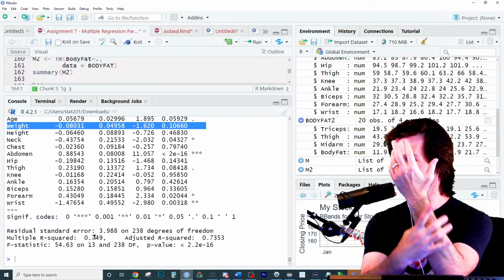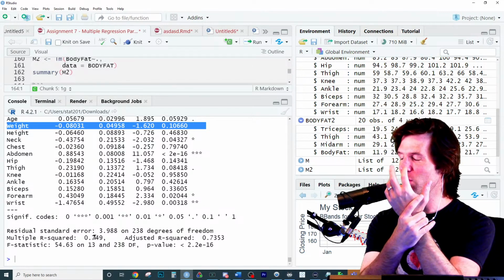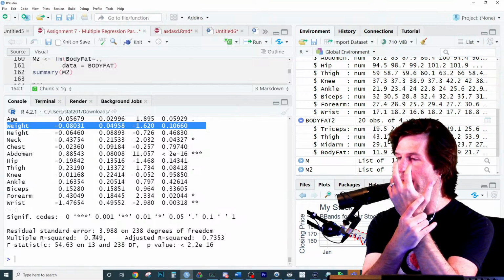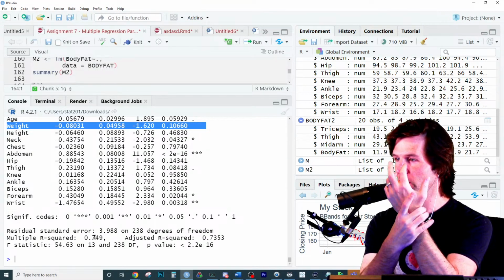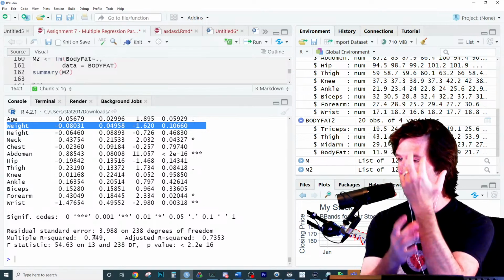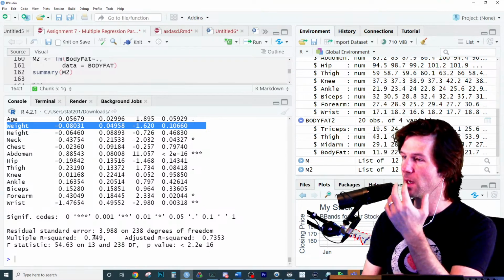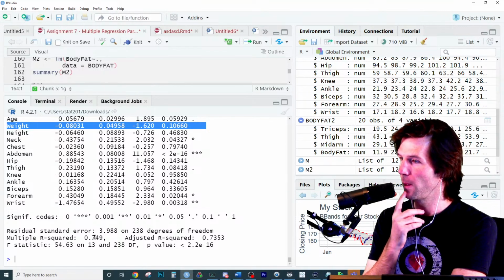Somebody's wrist and forearm, which are X variables. You ready to take this? Somebody's wrist and their forearms are probably which are X's. What am I alluding to by talking about this concept right here? Your wrist and your forearm measurements are probably very similar, along with maybe even bicep too. All these measurements are probably all sort of related to each other, which we'll see.